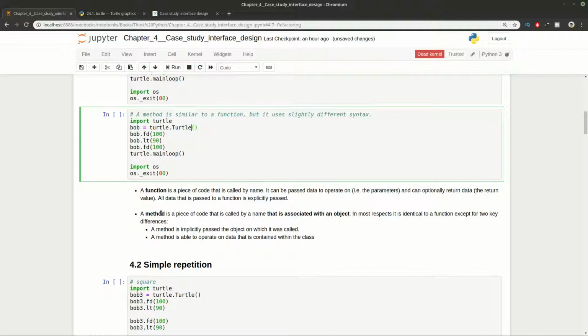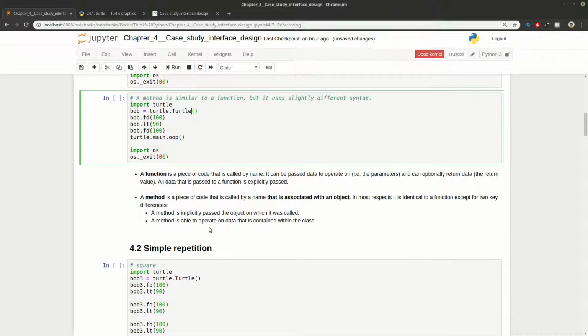The most important is that a function is a statement which can be called by a name. The method is similar, but this method is associated with an object. So this is a difference in how you can work with data for functions and methods. You can use this for yourself and for further reference when you're dealing with functions and methods in Python.